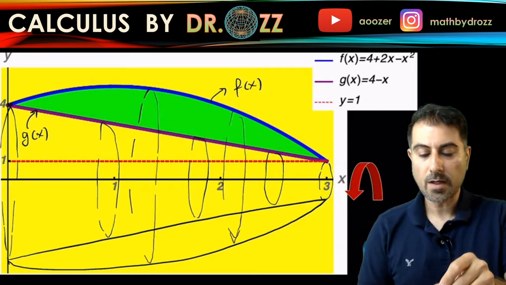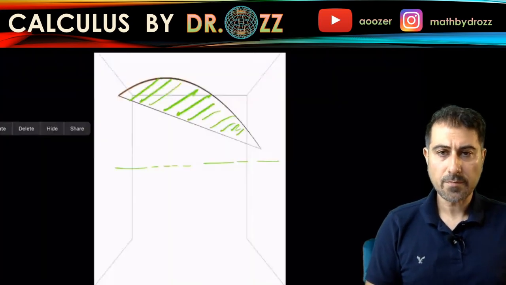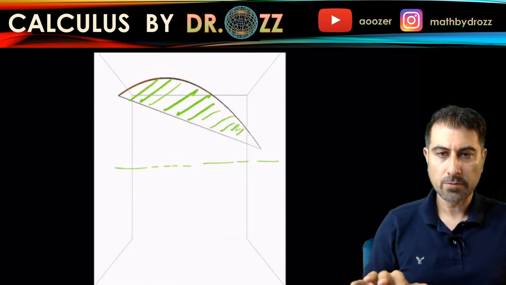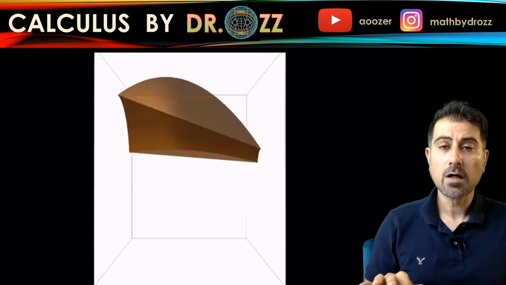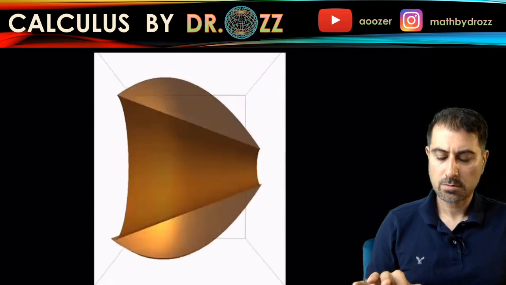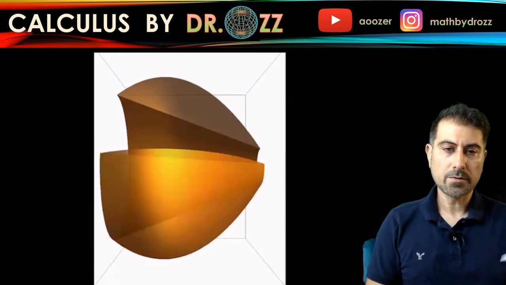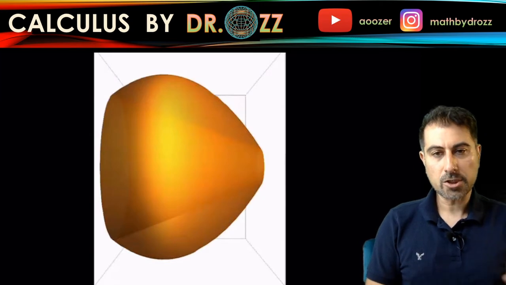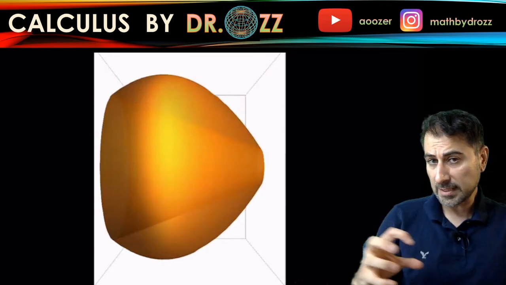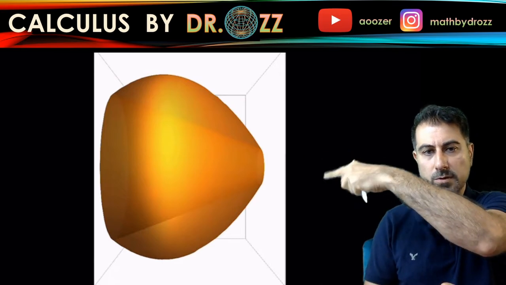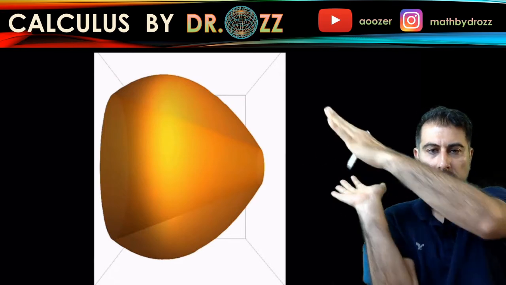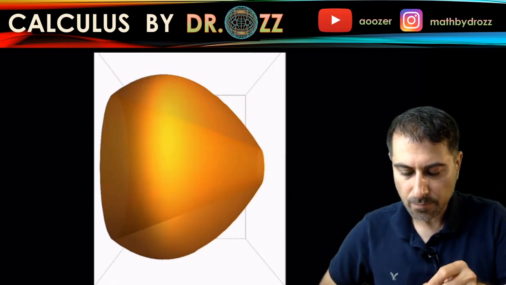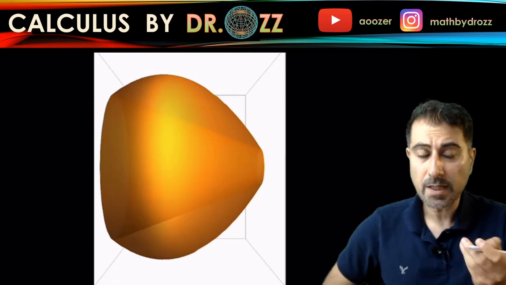So this is the region you start with, and you keep revolving this region around the x-axis. And as you revolve that, this is the three-dimensional object you get. In the middle, you see a cone-like shape, and that's taken out. So the inside part, going all the way like a cone, is empty. So we're going to apply the washer method, by the way,